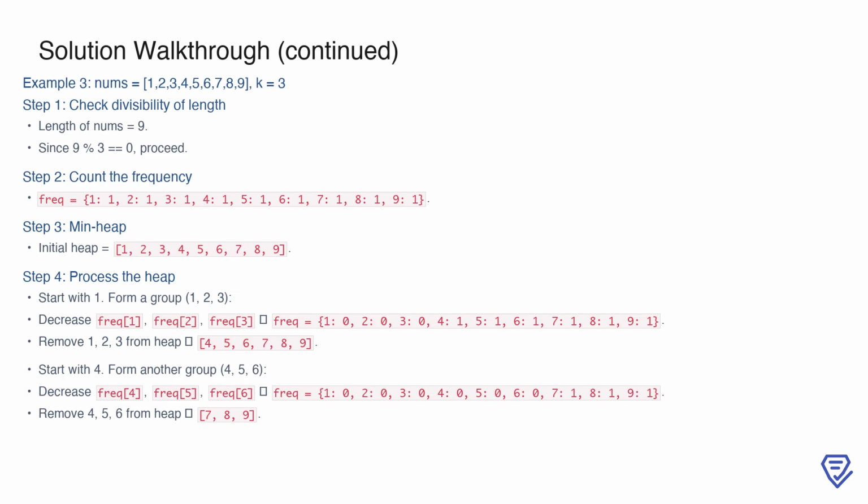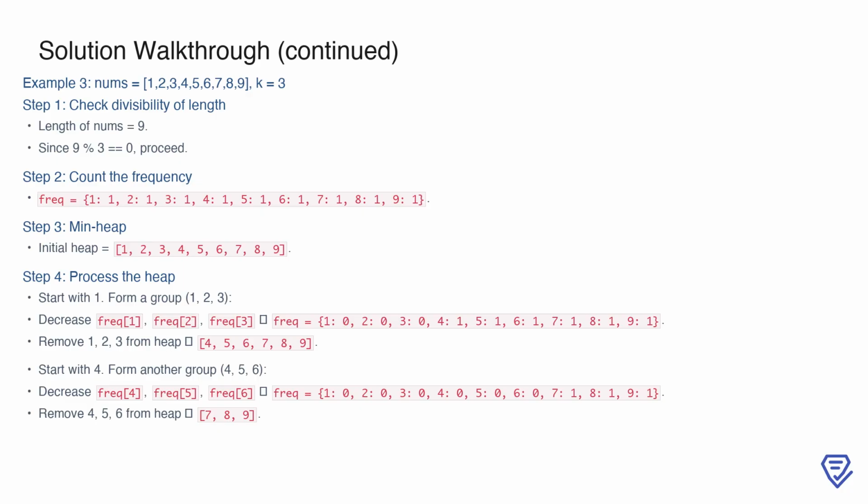First, we calculate the frequency of each number in the array, which results in the dictionary {1: 1, 2: 1, 3: 1, 4: 1, 5: 1, 6: 1, 7: 1, 8: 1, 9: 1}. Then, we construct a min heap from the keys of this frequency dictionary, giving us 1, 2, 3, 4, 5, 6, 7, 8, 9. Starting with the smallest number, 1, we form a group of 3 consecutive numbers, 1, 2,